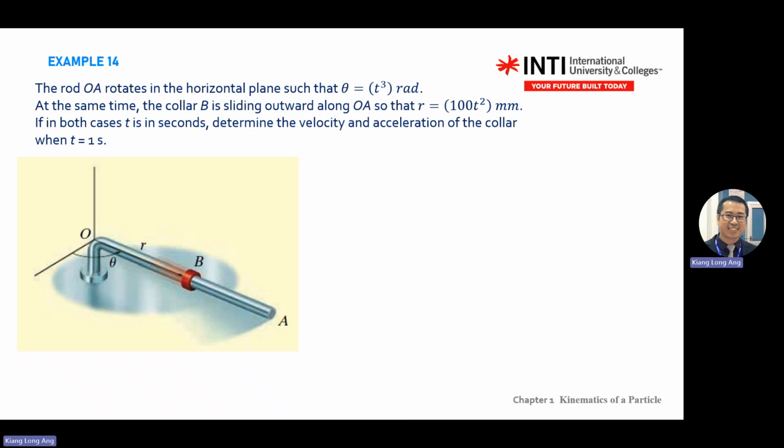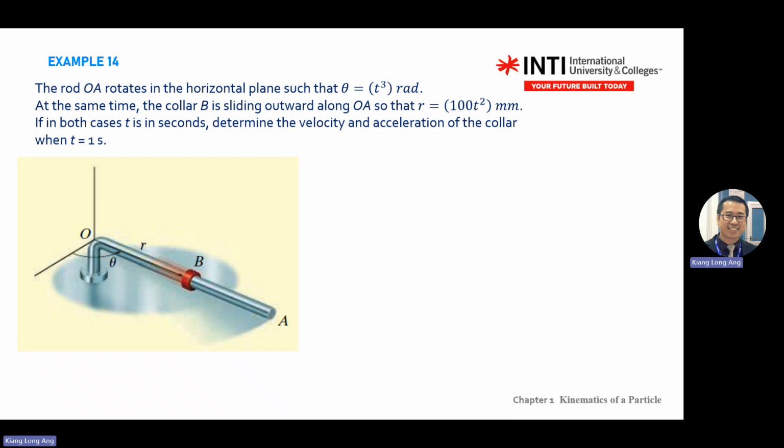In both cases, determine the velocity and acceleration of the collar when t equals 1 second. It means you apply the same procedure as in example 13. Now you're given the equation. What you need to do is differentiation. Same, you look at the object,